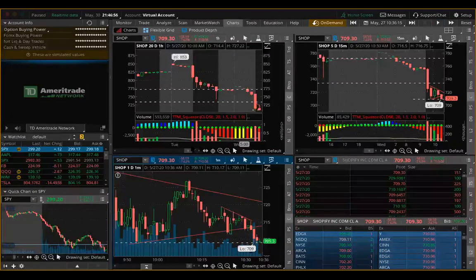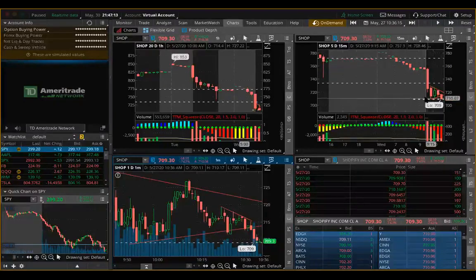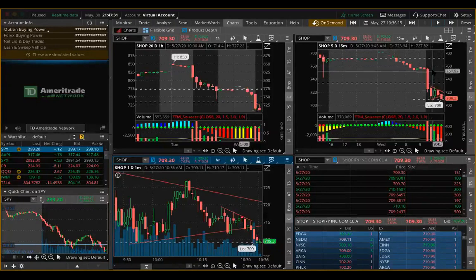So here's a question. Since it broke down, puts would have been good. Got to retest 709, exactly. You could be in puts if you took a break below the 712, which was like the low. Actually, the low would be the 710.61. If you took the low of that pennant, you could have done it that way, but you really want a clean breakout, right? I want a clean break of the 709 because we see it's been tested one, two, three times already. So you don't want to hop in prematurely.